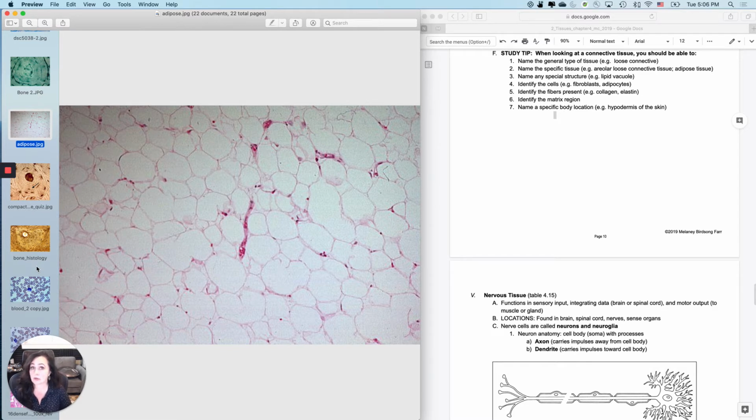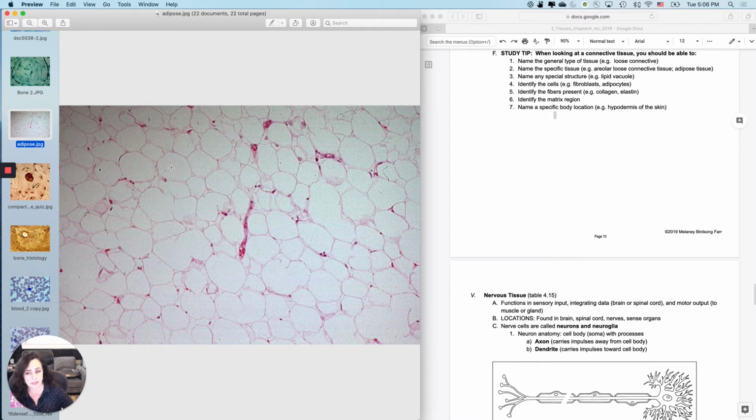That's the tissue, and most of you guys would actually know that already. But where does it fit into the organization? It is a connective tissue proper, and it's loose, right? Because this is basically what happens when you take loose areolar connective tissue and fill it with tons and tons of adipocytes. Okay, now, any special structure, like, of course, this whole thing is a cell, but what is the